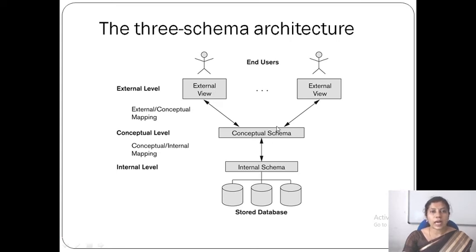Whether you have used RDBMS or an object oriented database is not necessary for the end user, right? They only need data. They don't know which method or which data model you have used for the implementation. That kind of hiding is called external to conceptual mapping. They will get the actual data in some tabular format or text format, whatever format they want, and in that format they can view the information.